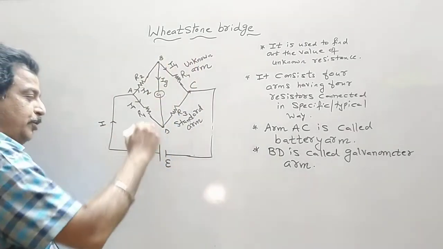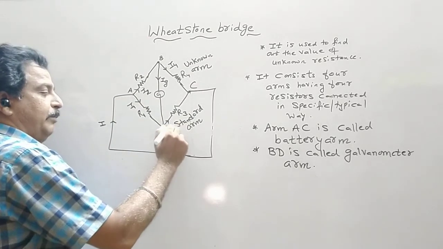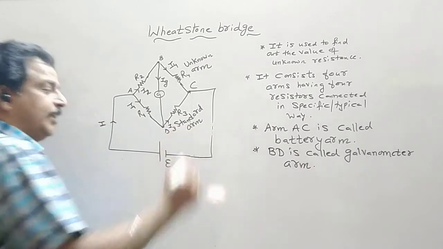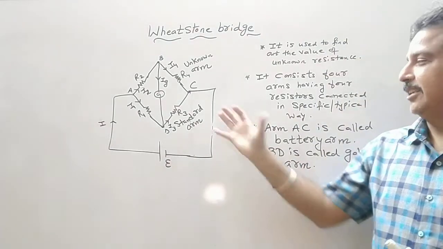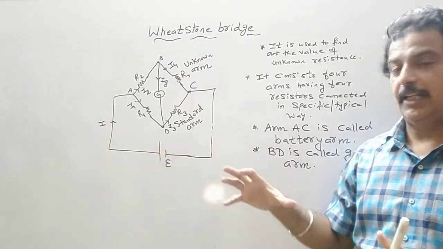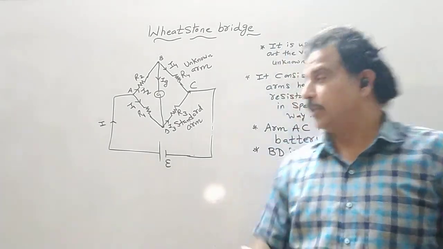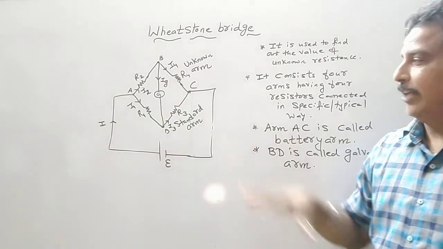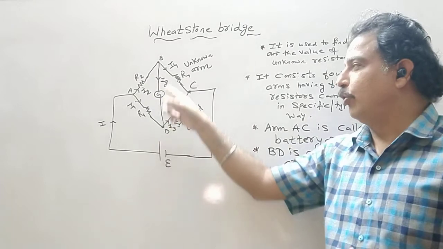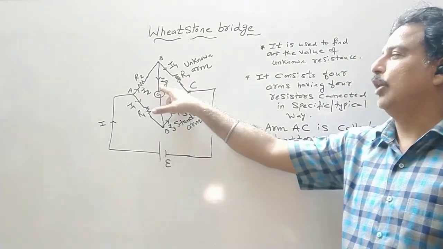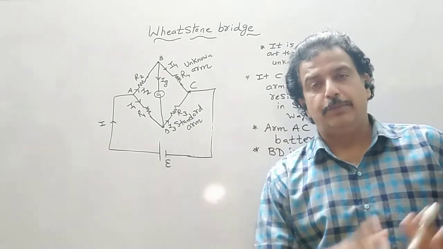Then this Ig comes to D, it is added with I1 and it should be I1 plus Ig, but I write it I3. Because we will adjust the value of R3 here in such a way that a galvanometer shows a zero deflection. Now this is the initial condition. As soon as the circuit is completed, the current starts flowing in the 4 resistors, as well as the current flowing through the galvanometer, which is denoted by Ig. Now the galvanometer shows a deflection.